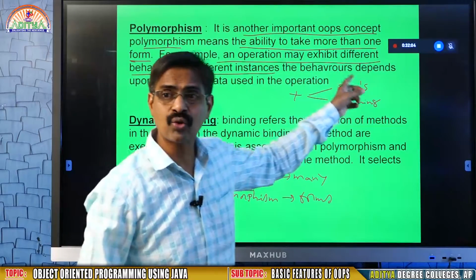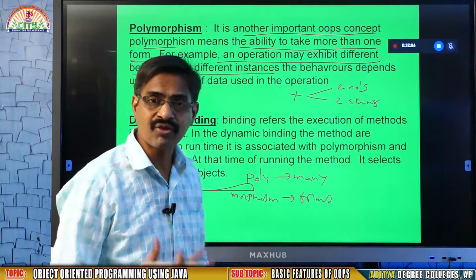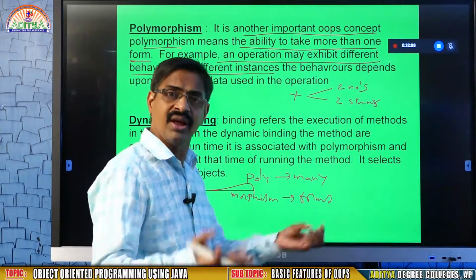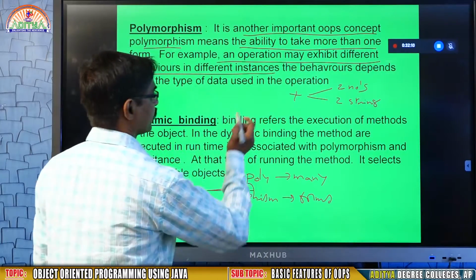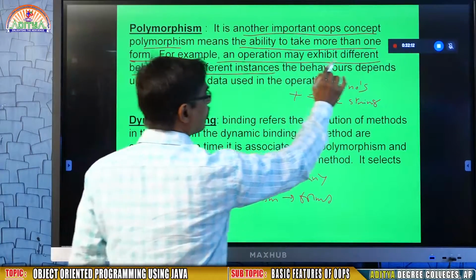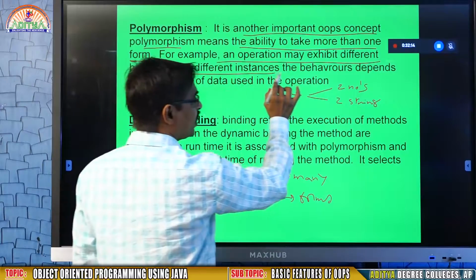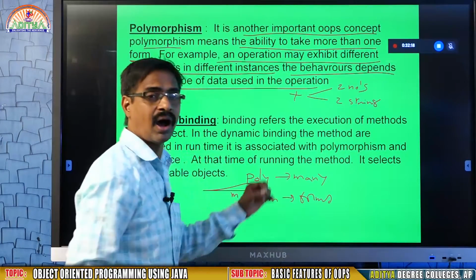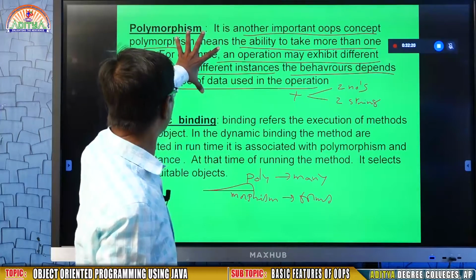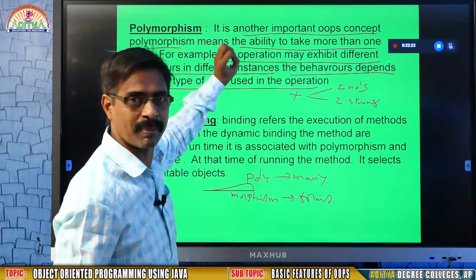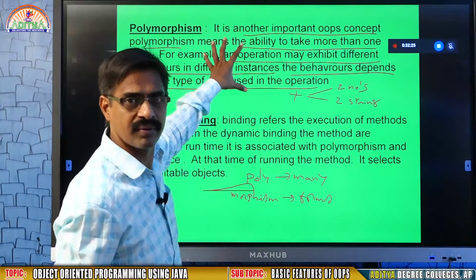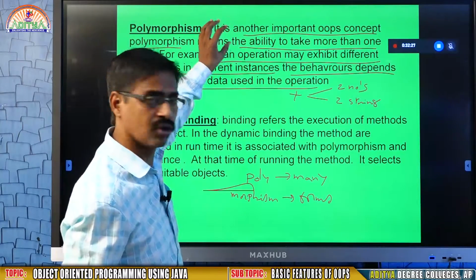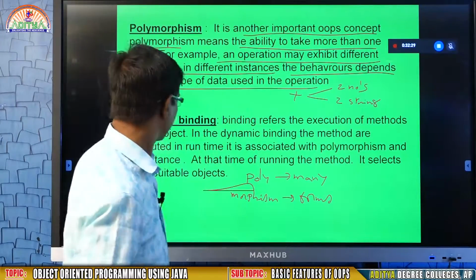That means plus is not only for 2 numbers, we are using plus for different operations: string addition, character addition, number addition. An operation may exhibit different behavior in different instances. The behavior depends upon the type of data used in the operation. Okay, I will explain in the next section what polymorphism is. Of course, it is a very big topic. I will explain it as a special chapter.